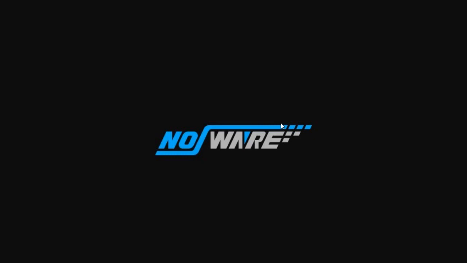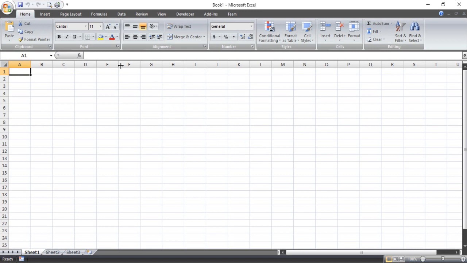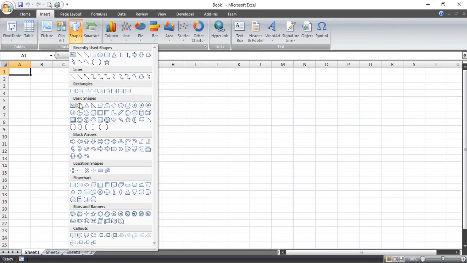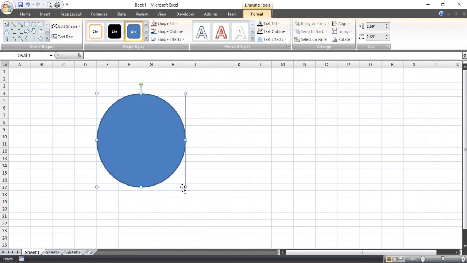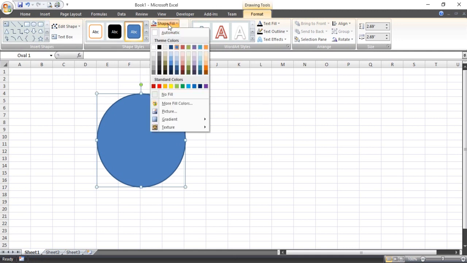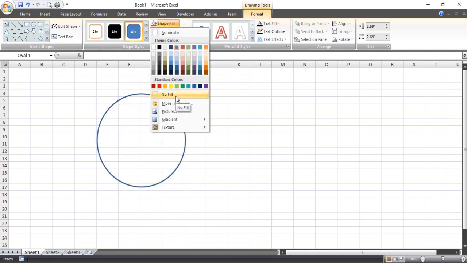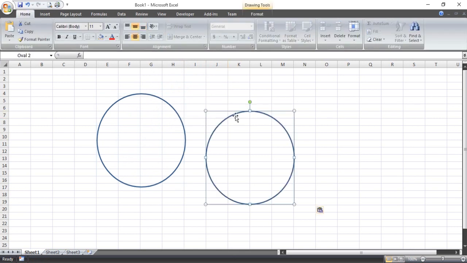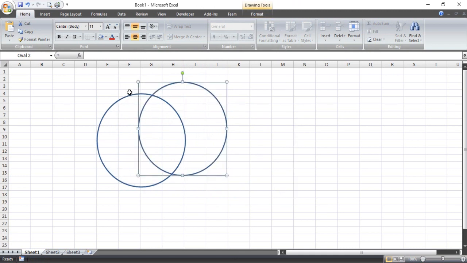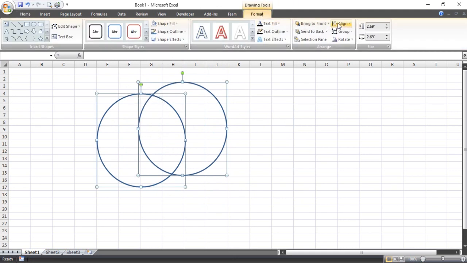This time I'm gonna show how to make an auto stamp using Microsoft Excel. First, open Microsoft Excel and then create an oval, pressing Shift. Don't forget to keep the same proportion. Then choose Shape Fill in the Format tab and select New Fill, and please copy this shape and then paste it in the center, or you can do this by pressing Shift and clicking these two shapes and changing the align